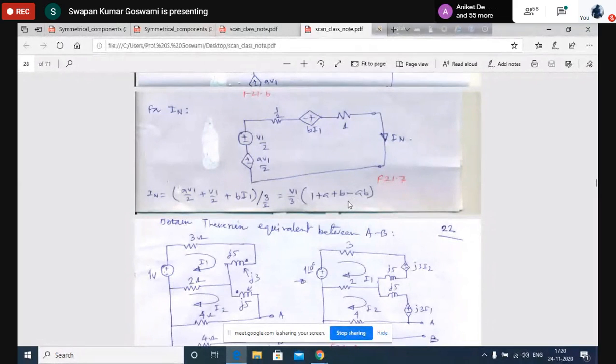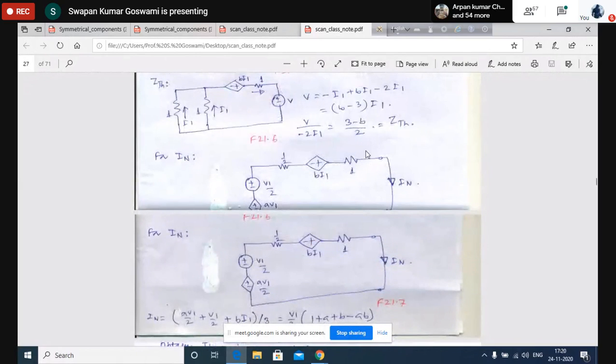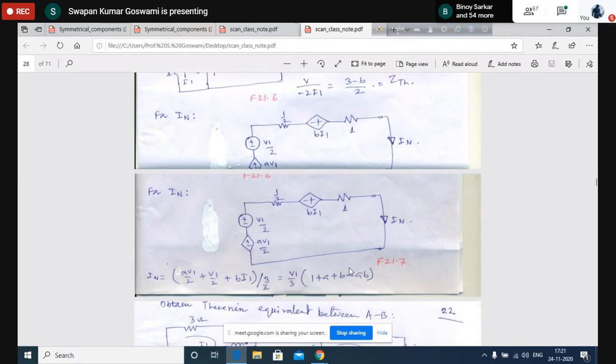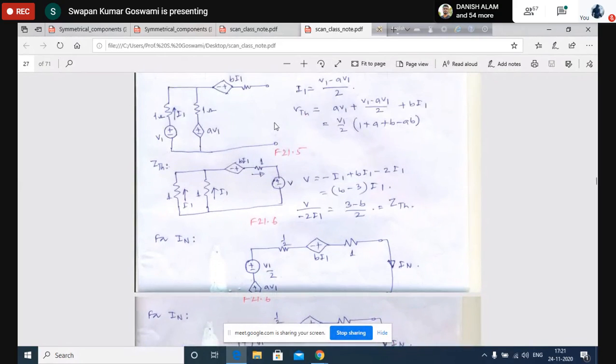3/2 আসছে মানে ওই এবি থাকছে না। নর্মাল থেভেনিন লাগিয়ে তো আমার 3 মাইনাস b/2 আসছিল। হ্যাঁ হ্যাঁ, বাট এখন যদি আমি ভোল্টেজটাকে কারেন্ট দিয়ে ডিভাইড করি, আমার তো 3/2 আসছে। এটা আমি বলছি যে আমরা যখন I1টা ক্যালকুলেট করছি, আমরা তো ওপেন সার্কিট I1টা ক্যালকুলেট করছি, সেটা তো হবে না। আমরা যখন নর্টন লাগাচ্ছি, আমরা তো ক্লোজ সার্কিট করে যে I1টা বেরোচ্ছে সেটা আমাকে লাগাতে হবে। Okay, let me check it and then I shall tell you in the next class. আমি এটা করে দেখবো, করে বলবো। ওকে ওকে, এখানে কনফিউশন হচ্ছে।